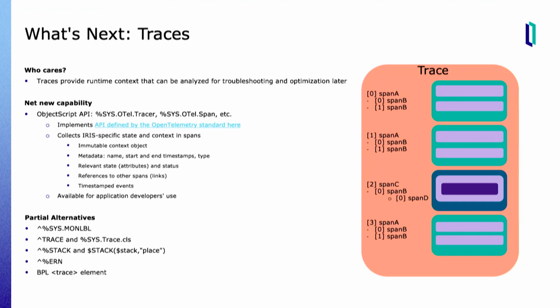So will the span or the trace IDs come from the web gateway, populate into the trace in ObjectScript? Is that going to be something? So what we're talking about here is on the ObjectScript side. There are already APIs to get some of the information you're asking for from the web gateway, but it's not going to be all the information you're looking for. And that's where we would have to instrument it in the web gateway ourselves in order to make that possible,